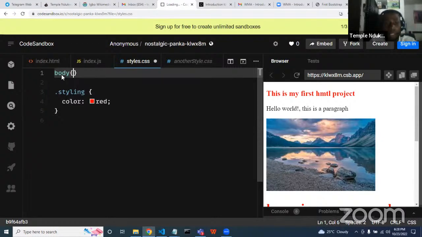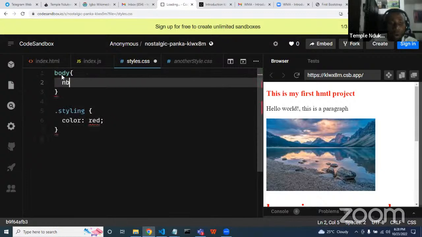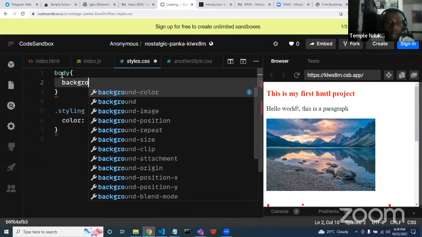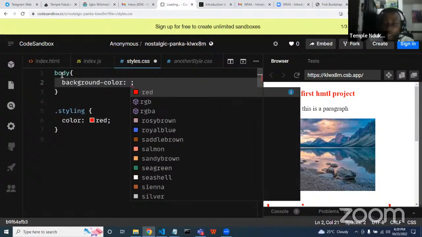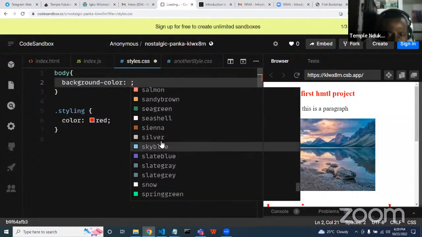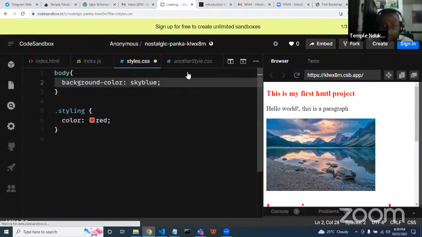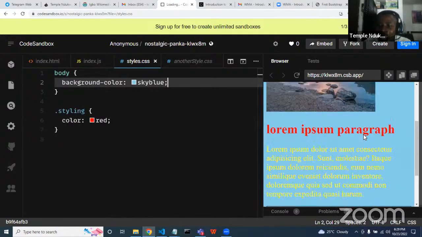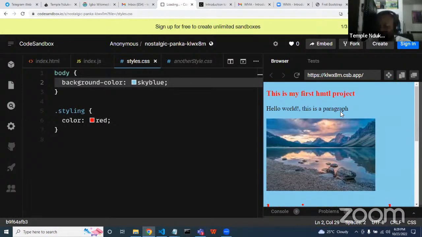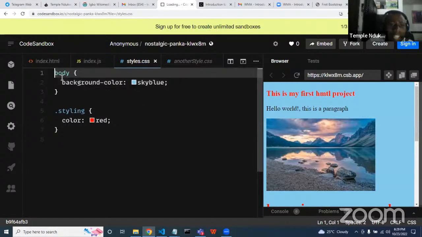Let me just design the body tag a little. Let's give it a background color. Which color do you prefer? Let me pick something cool, something sky blue. You see that I've just changed the whole color of the web page. I can also change the font size of everything we have. I can use the body tag and change everything. And again, there's another thing we call